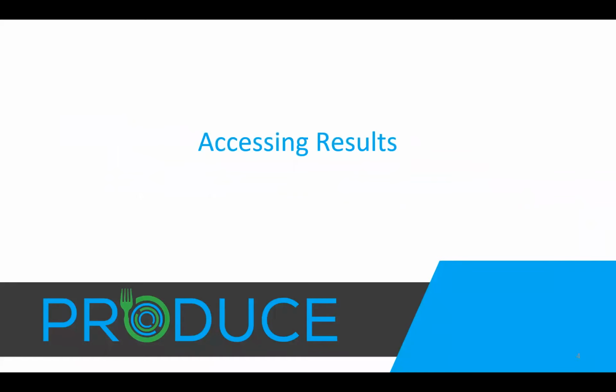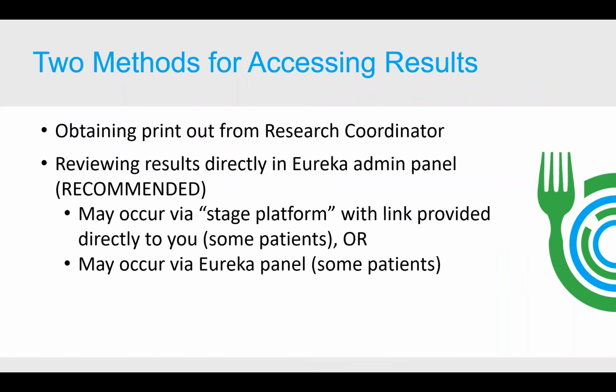So first is accessing the results. There's two methods for accessing the results. First is to obtain a printout from the research coordinator, and the team at the site coordinating center will work with your research coordinator to ensure they have a PDF of the results review available for you that can be printed out. The second method is to review the results directly in the Eureka administrative platform,